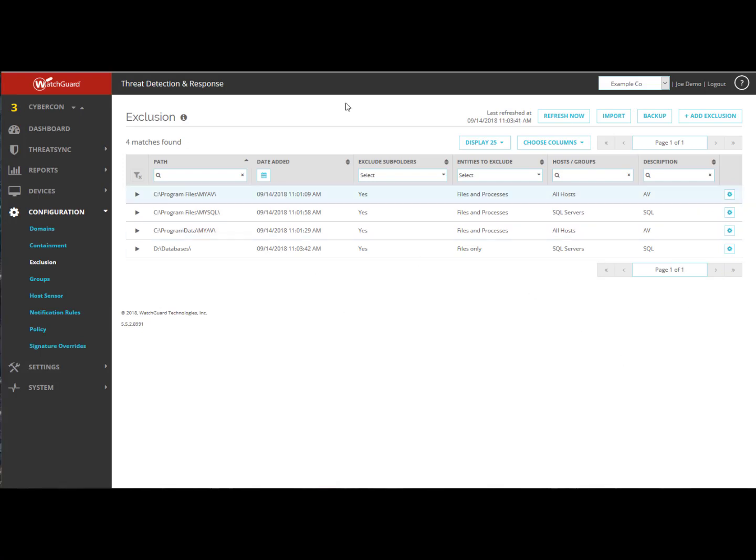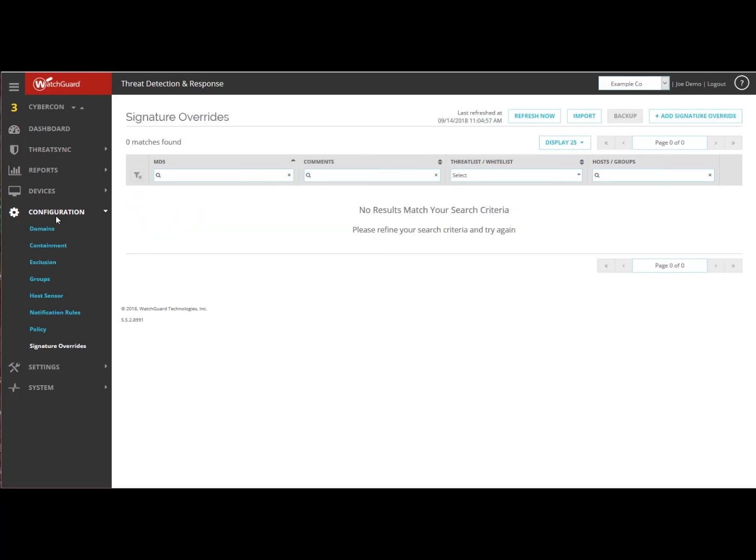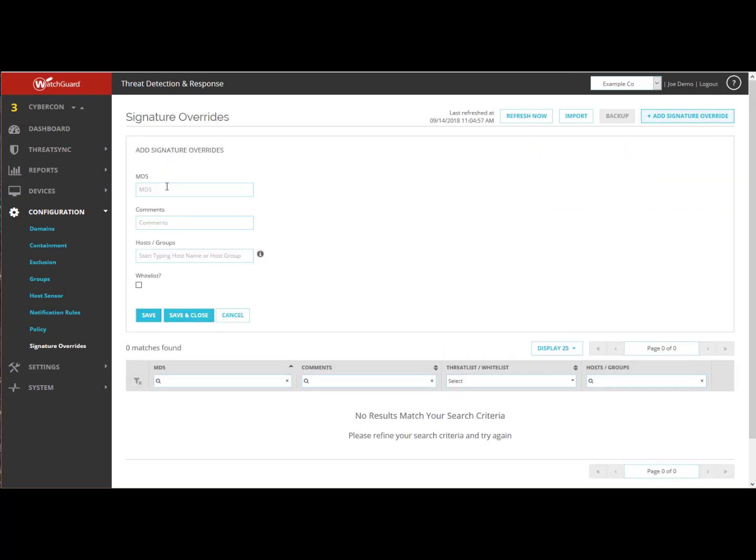All right, now that my exclusions are done, I want to create a signature override. So I go to Configuration, Signature Overrides, and again, this is blank because it's a new system. And I'm going to say add signature override. And here you put the MD5 hash of a specific file. This can be a little tricky for some Windows users since there aren't any good MD5 sum tools built into Windows. You can use a Linux utility, or there's a variety of freeware out there that will produce an MD5 hash for you. And this happens to be